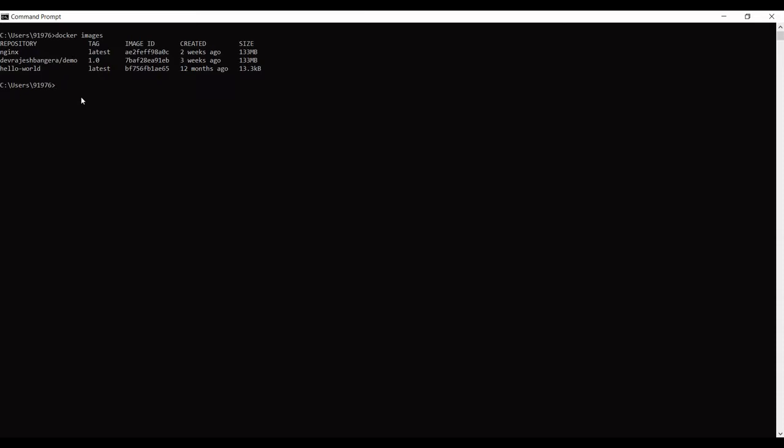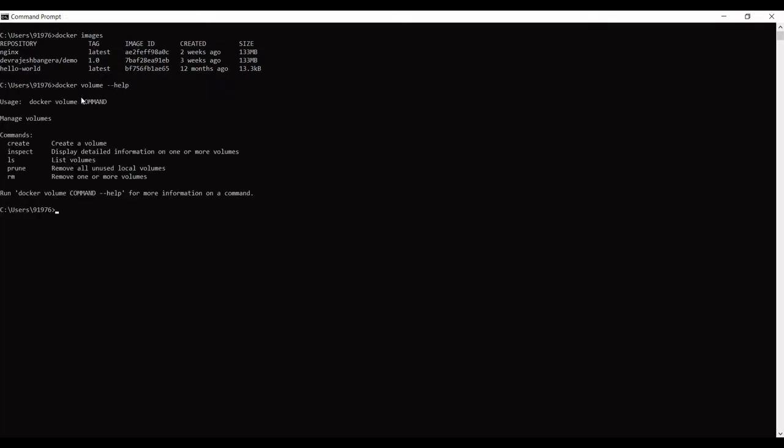So let's start. I will be creating a volume here. The command to create a volume is docker volume create and the volume name. You can always type in the help command here. This is the help option and it will give all the possible options that are available for the command. So to create a volume I will use the create command.